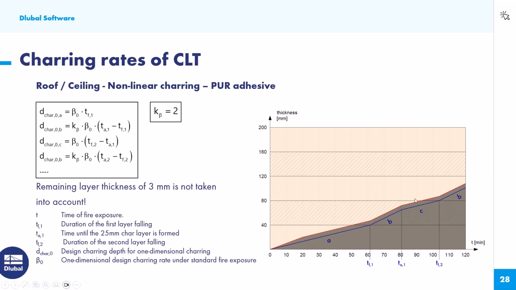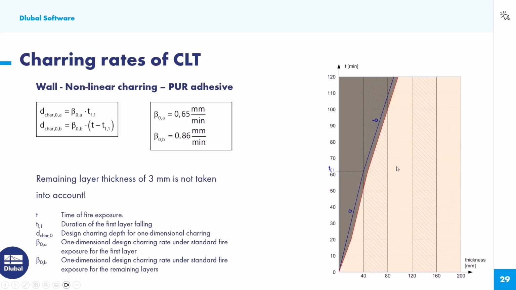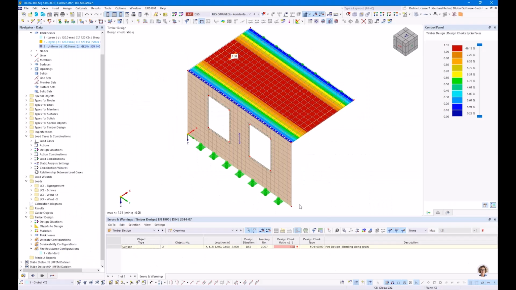For walls, of course, here the gravity plays an important role. I guess that's clear. For walls, yeah, gravity plays a role when it falls to the side, for example. Here we also have a bilinear curve, but we do not have such a high increased charring rate. So the first layer will be burned by 0.65 millimeters per minute, for example, and the second and all following layers become a charring rate of 0.86 millimeters per minute. Yeah, in a few approvals, this value here and also in literature is recommended to use. Also, 3 millimeters should not be taken into account. That's clear. Let's have a look